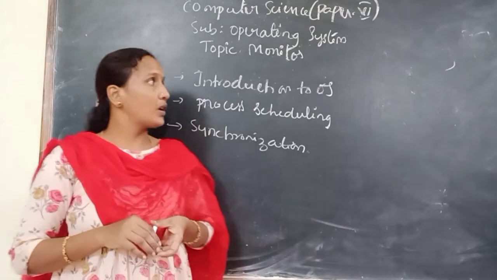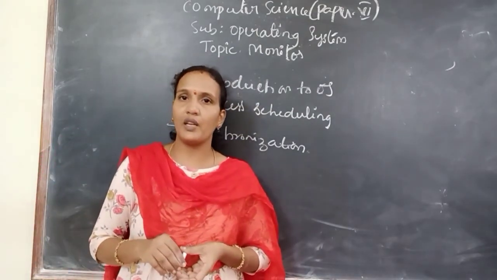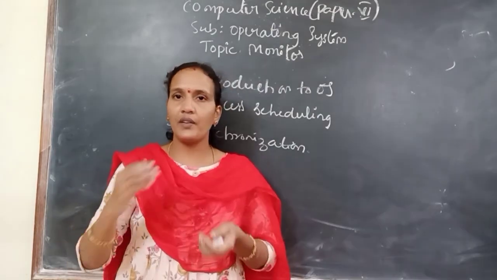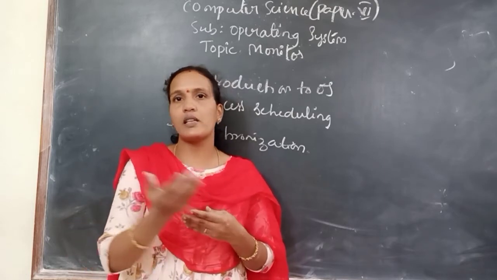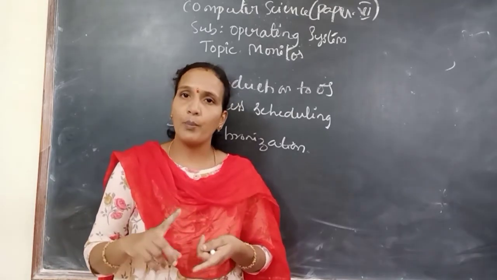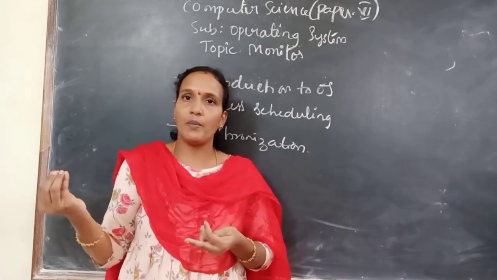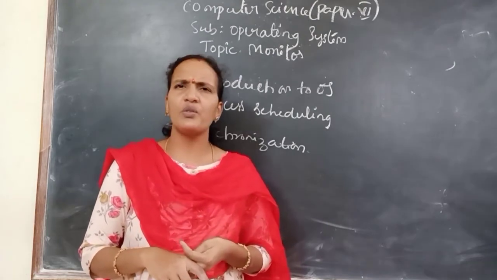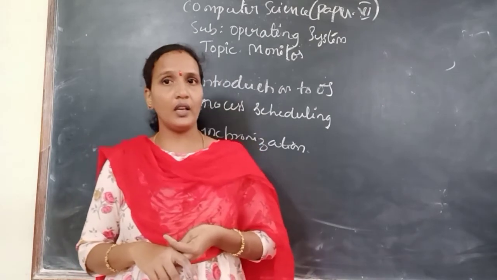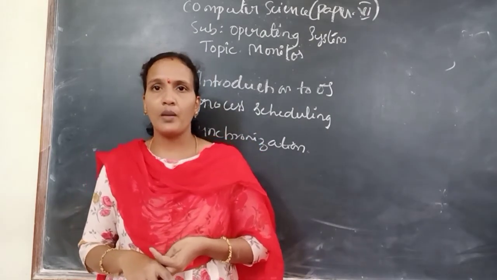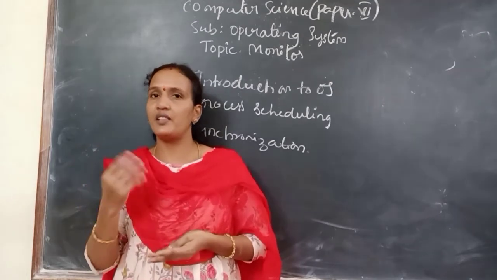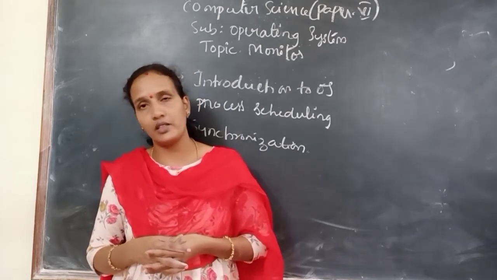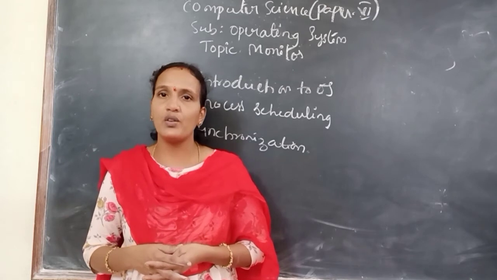Now next, process scheduling I have explained. Scheduling means if more than one process is waiting for resources, at a time we cannot give resources to all the processes, so we maintain a queue. According to the queue, the resources can be allocated to a process, and that queue can be based on priority or on the time they entered the queue. We have different criteria. There are also different queues: ready queue, running queue, job queue. The processes which are ready for execution are maintained inside the ready queue. The processes which are running will be in a running queue. The processes which are scheduled are called a scheduling queue. We have different queues based on the state of the process.